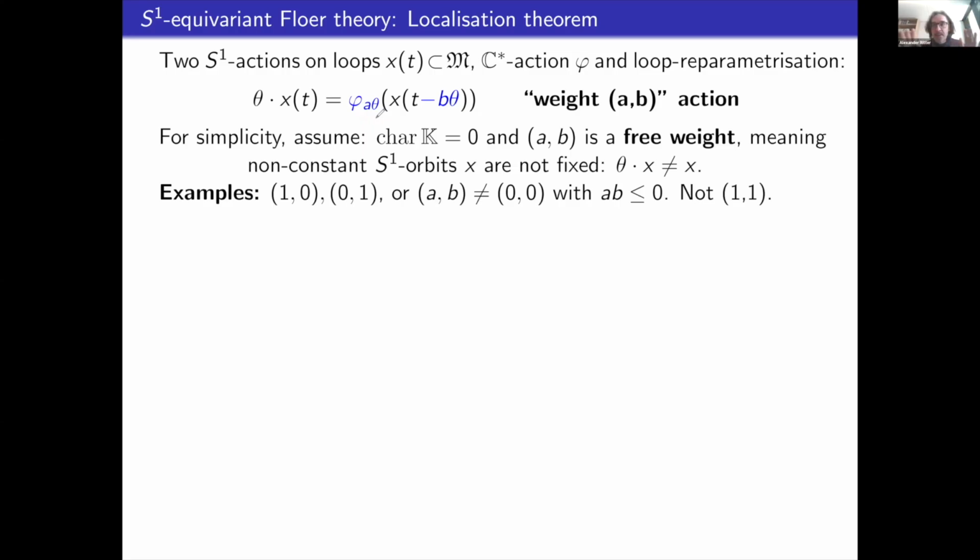To make sure that our theorems are stated in a simple way, I'm going to call AB a free weight if non-constant S1 orbits are never fixed by this mixed action. So our theorems can be stated more generally, but they become cleanest in this case. So let me just explain what's going on here. So imagine we have weight 1, 1. So if our Hamiltonian flow